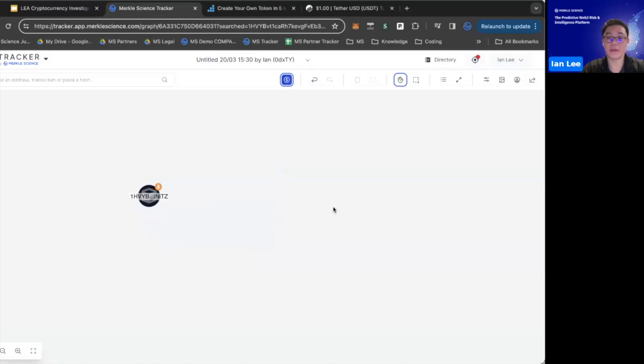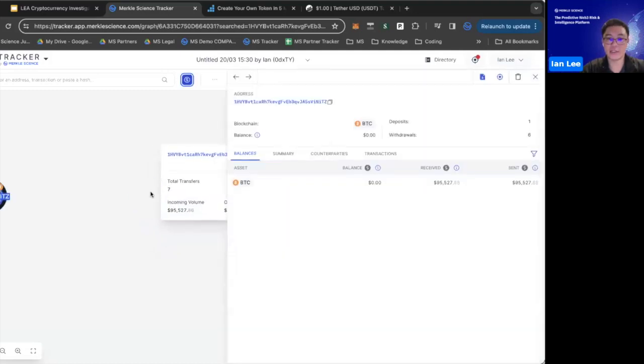In particular, he suspects that he was scammed into sending funds into an exchange called Hashbot, which supposedly wasn't operational, right? So if we wanted to begin our investigation, all we need to do is click on this address,